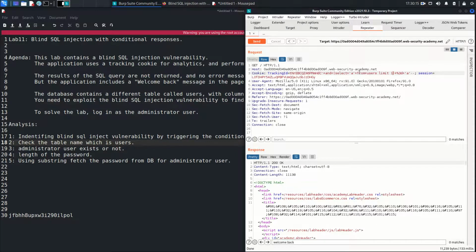Now let's try again. We need to again convert it into the URL, hit enter, and yeah, we got the welcome back message. Now what's happening here, I'm saying select a from users limit up to 1, and this is equal to a. So if the users table exists, it will give us a, and a is equal to a means this condition is true, and if the condition is true we get one match of the welcome